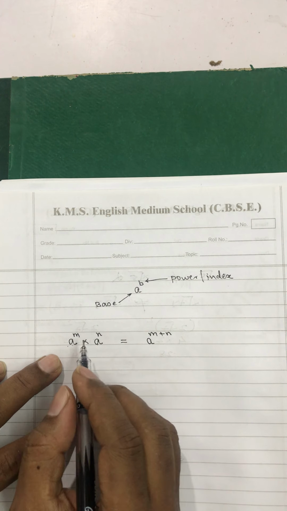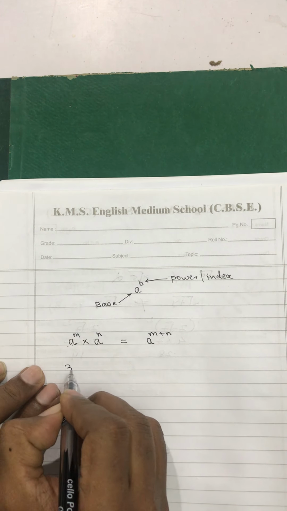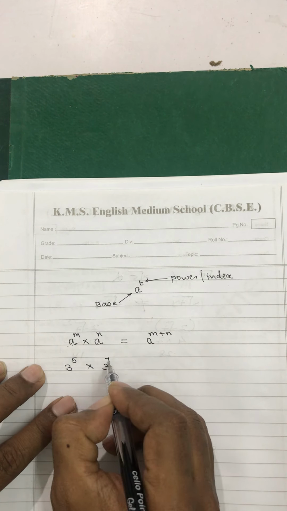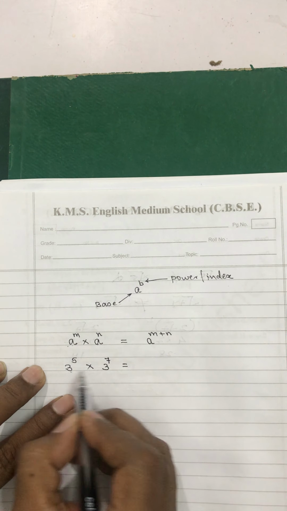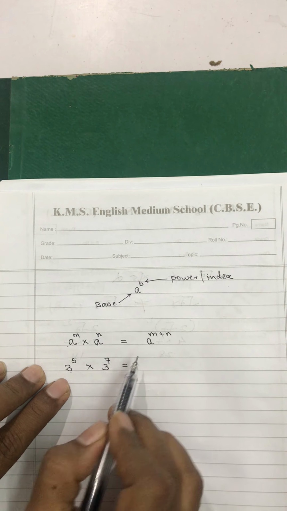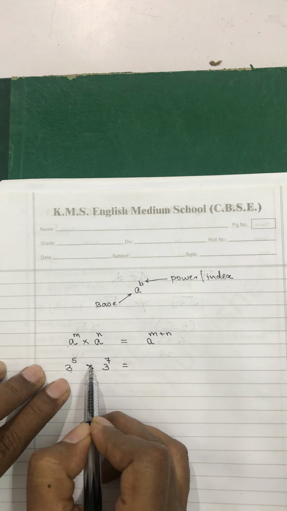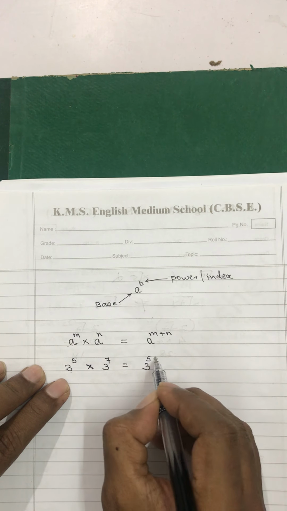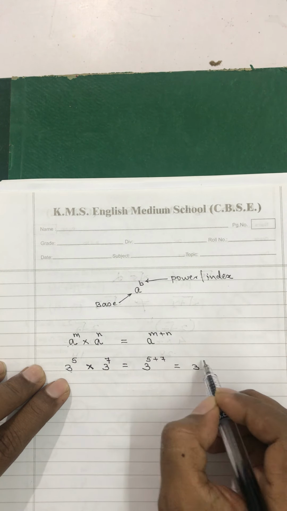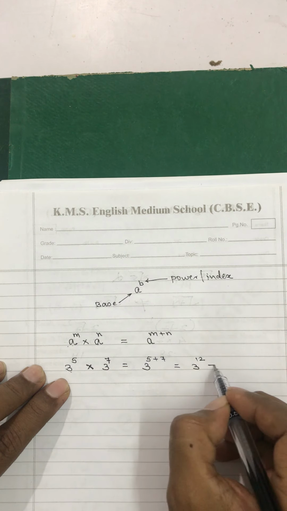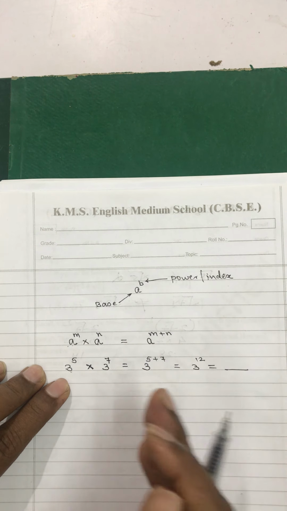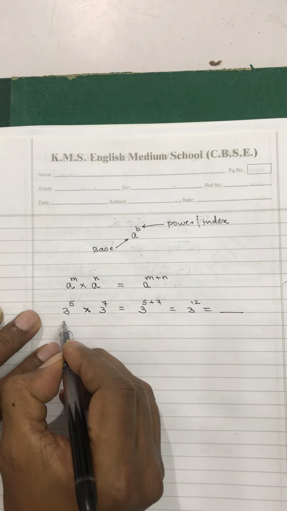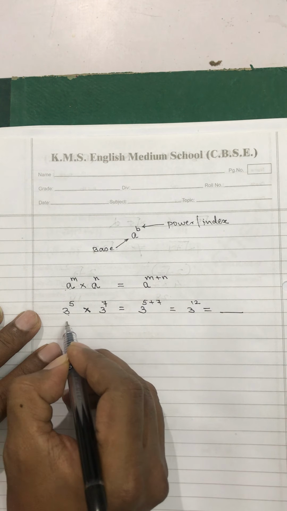So basically, if I have 3 raised to the power of 5 into 3 raised to the power of 7, these are the same bases, 3 being the equal base, and they are multiplying with each other. When the equal bases multiply, you copy the base once and then the powers add up. This will be your answer. If you want, you can find this by multiplying 3 into 3 into 3, 12 times. That also can be an answer, but of course, you can increase the complexity in this way.